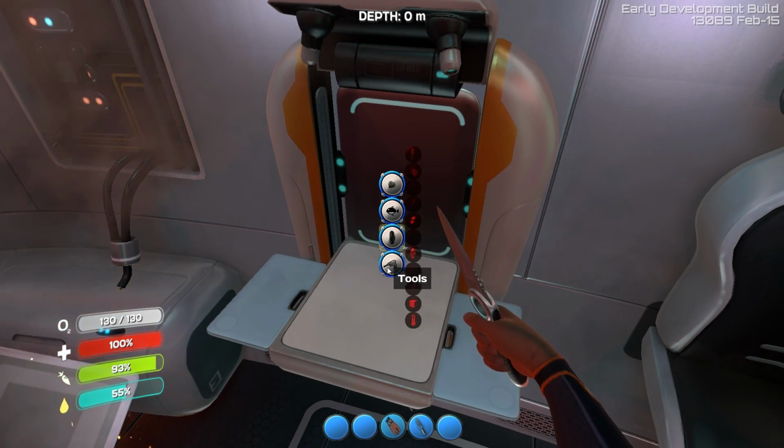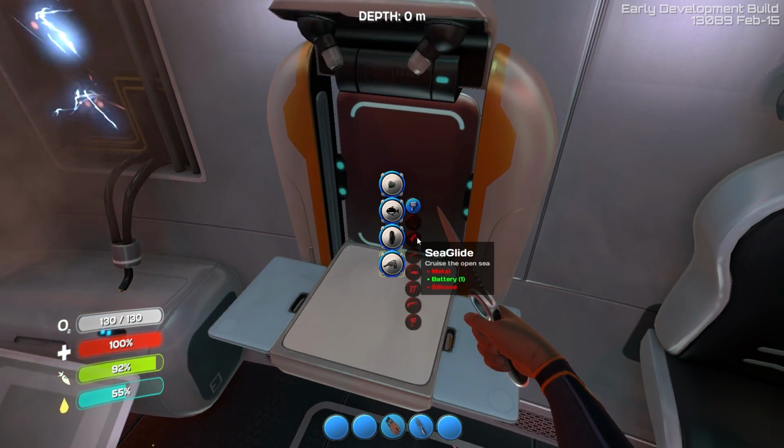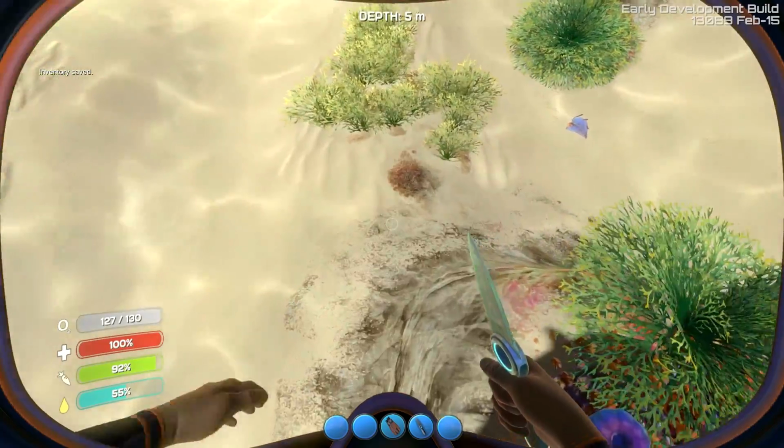sea glide first. Where's the sea glide at? The sea glide's here somewhere. Is it under tools? Let's see, there it is. So we need metal and we need silicone. Actually, that's not that difficult to make. Let's go make some silicone. Grab a couple of these things right...